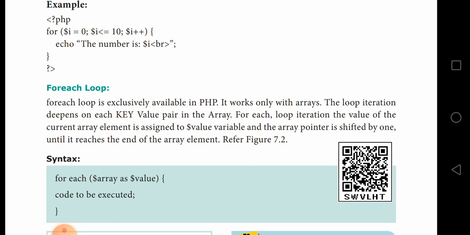Next line. Setting the value, $i is equal to 0 completed; $i is equal to 1 next. 1 less than or equal to 10, true or false? True. So what is the output? The number is 2. Again the loop moves to 3. $i is equal to 3, 3 less than or equal to 10, true. So what is the output? The number is 3. Okay. It will be executed up to 10 because here $i is less than or equal to 10. Okay, children, have you all understood clearly what the output is?